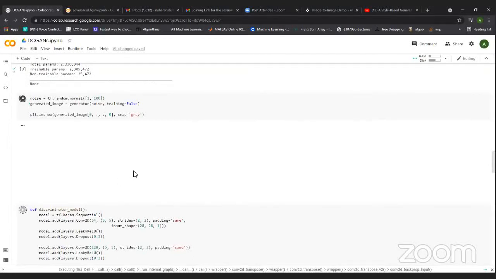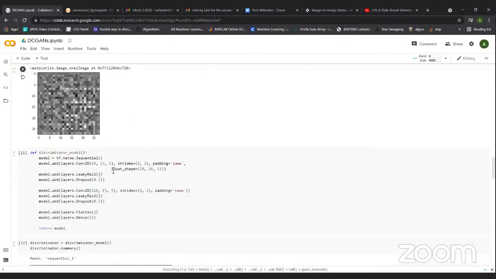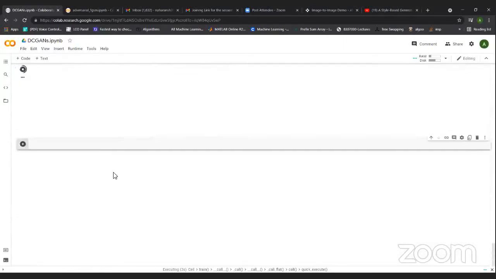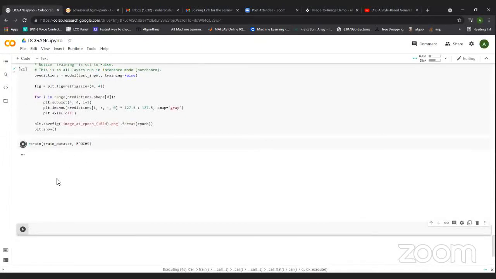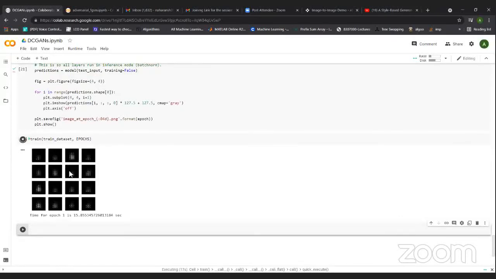Maybe my internet has some issues, so it is taking some time. Okay, we can see the training procedure begins. So every epoch the generated image will be visible to you here. Initially you can see the generator is randomly giving anything. These are not the digits. So it takes 15 seconds for one epoch, and almost 15 seconds for the second epoch also. And you will see the progress of the generator.